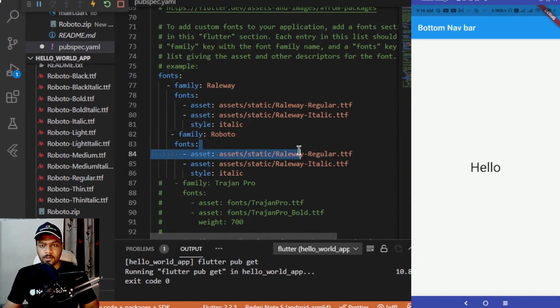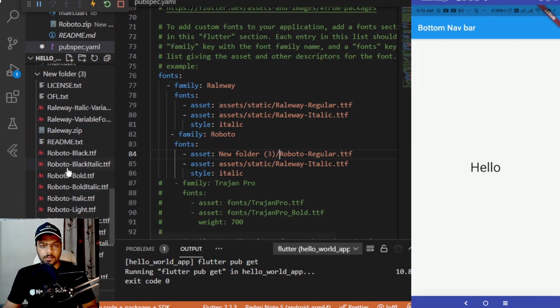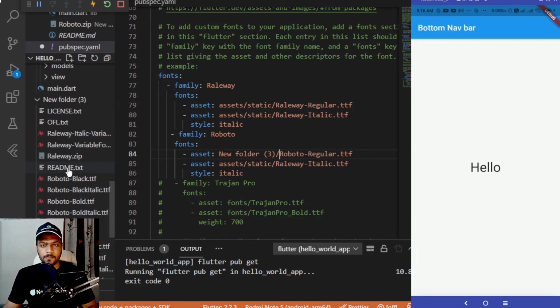So pasting it here, changing this, or let's just do one thing. Let's change the name of this new folder.